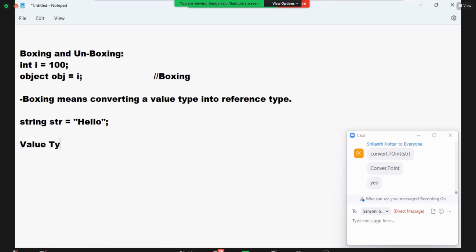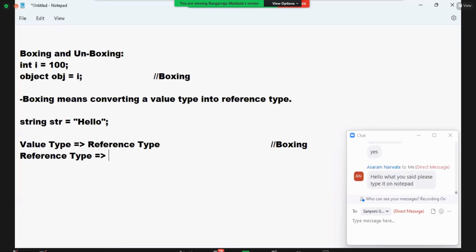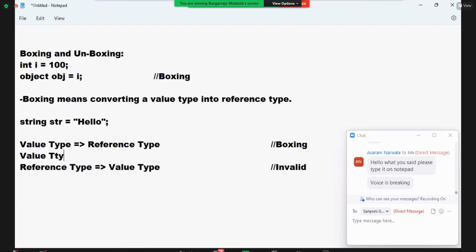Value type converting to reference type is boxing. Now reference type converting into value type? Invalid. That's what I said again, you are forgetting. We can't do that. Then what's that? I have a value type converted into